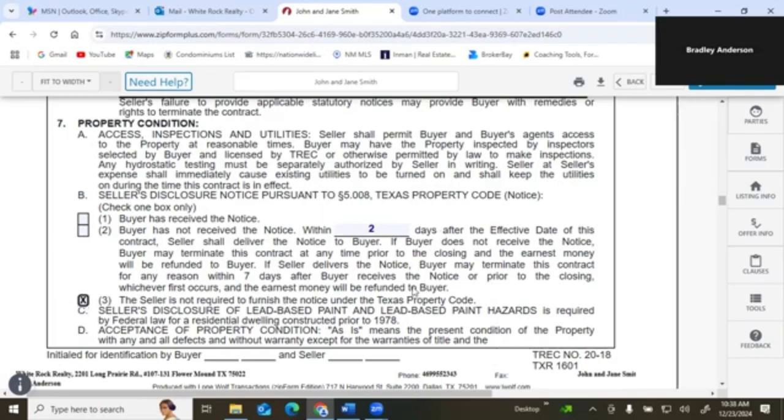there is no seller's disclosure required. And let me just tell you this, it's rare that it's not. There are only a handful of reasons that a seller's disclosure notice isn't required. And one of them is not that, oh, it's a rental property and I've never lived here. Doesn't matter. Seller's got to fill it out. However, if it's